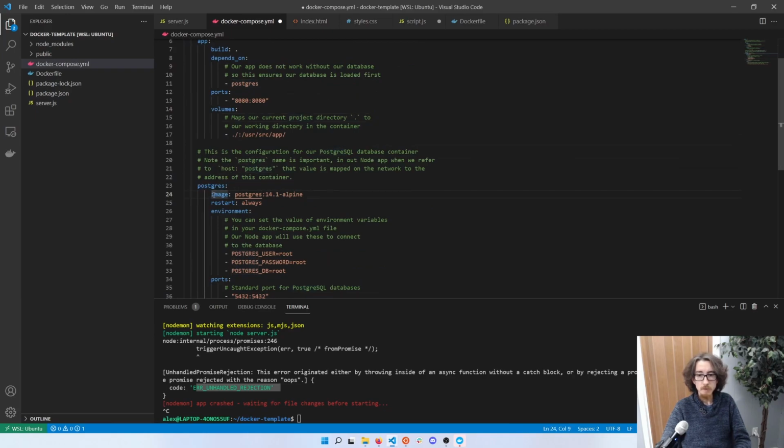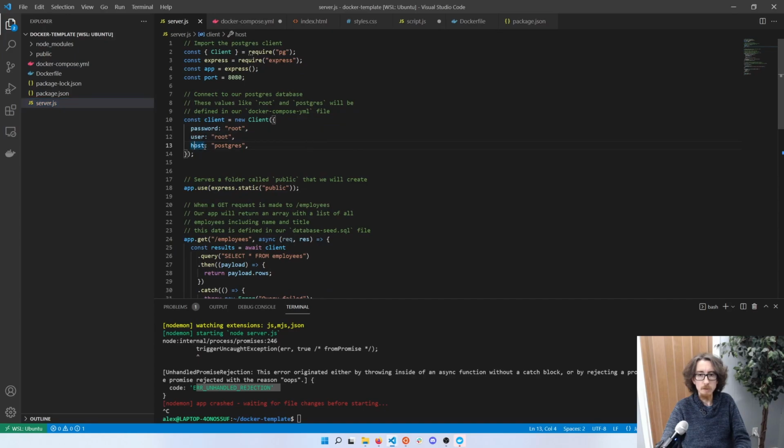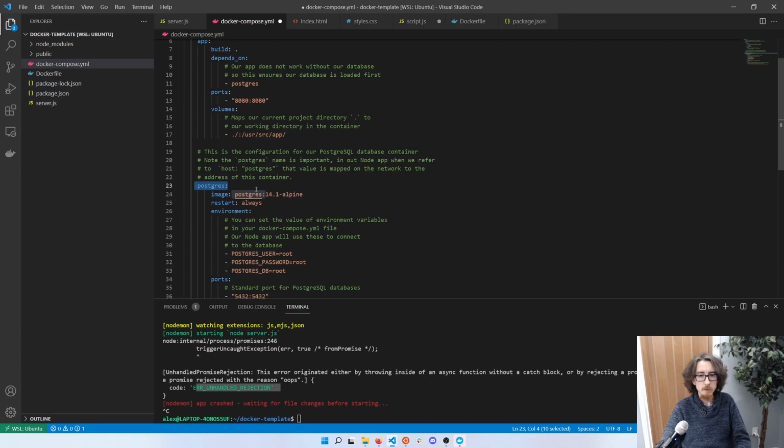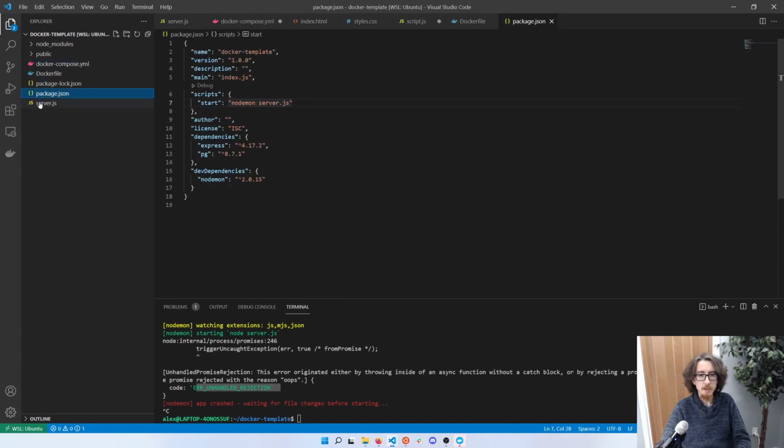Secondly, our database. We're going to pull the Postgres image from Docker Hub, and for that we're also going to use the Alpine version to keep it nice and small. The name of this is really important. This here, Postgres, the name of that service, look at our server. When we say the host is Postgres, when we're running Docker Compose or running these containers, it's going to automatically map this exact name to the IP of the Postgres container. So this here has to match up